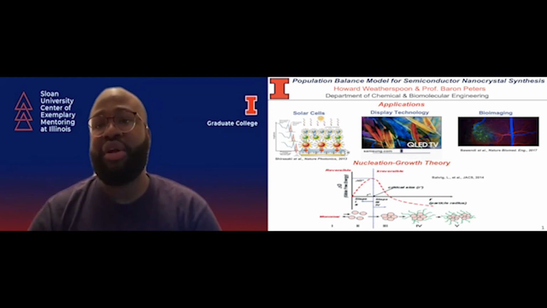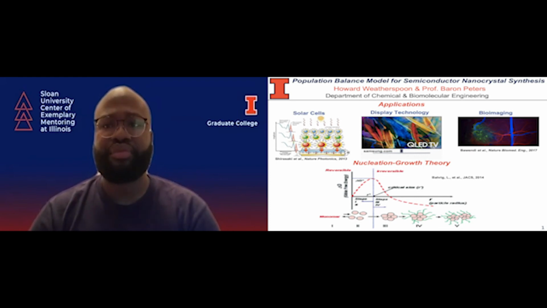To understand how quantum dots are synthesized, we look at what's called nucleation and growth theory. Nucleation and growth theory can be seen in the schematic at the bottom of the screen, where we begin with small particles known as monomers, and they're bathed in a solution where they become nuclei. The nuclei then grow, and once they reach a specific radius size called the critical radius, they then transition over